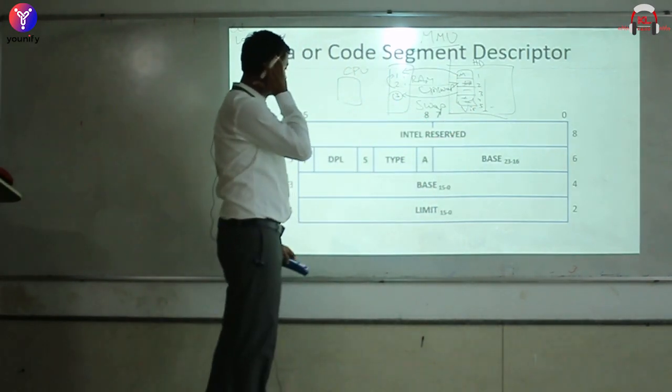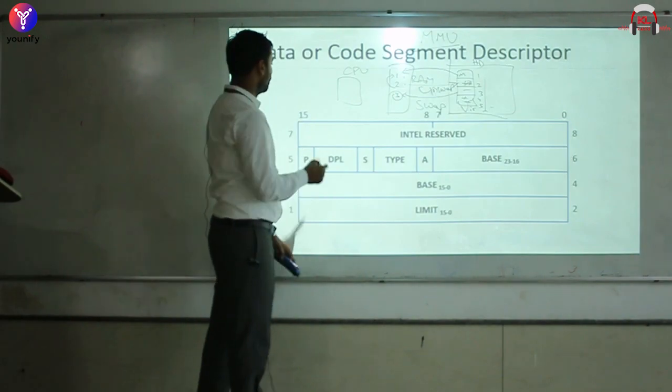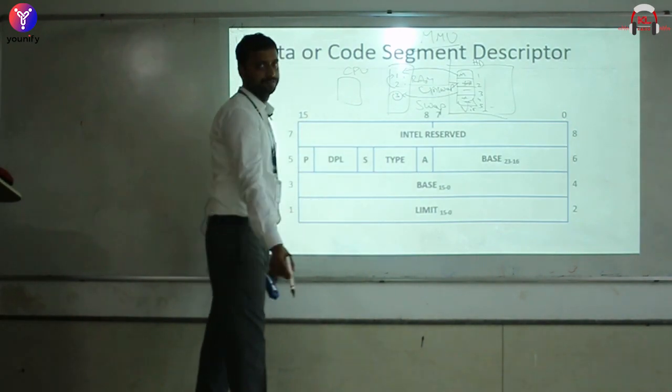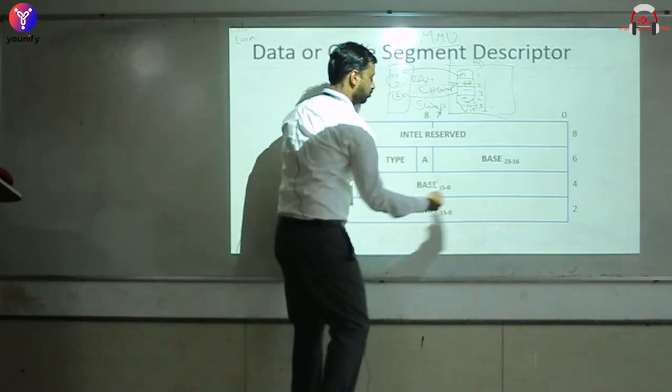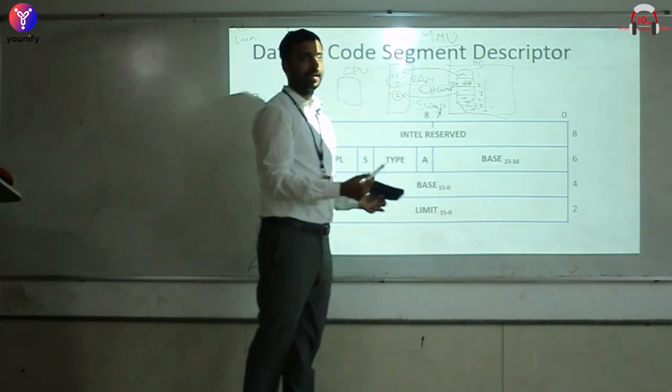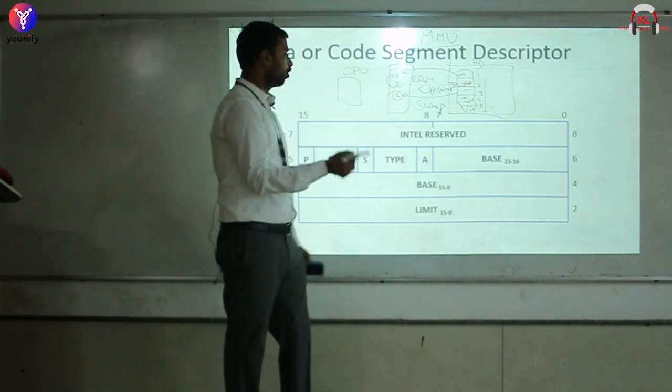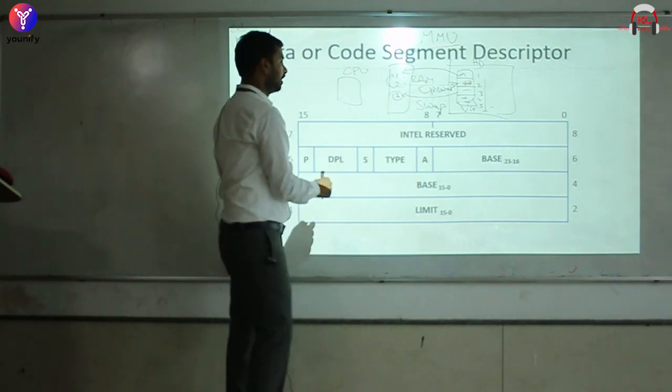And this is a segment descriptor table that we have, and you totally have 8 bytes of segment descriptor. So 1, 2, 3, 4, 5, 6, 7, 8. Total 8 bytes of segment descriptor. What do you have in the segment descriptor? Like we said,